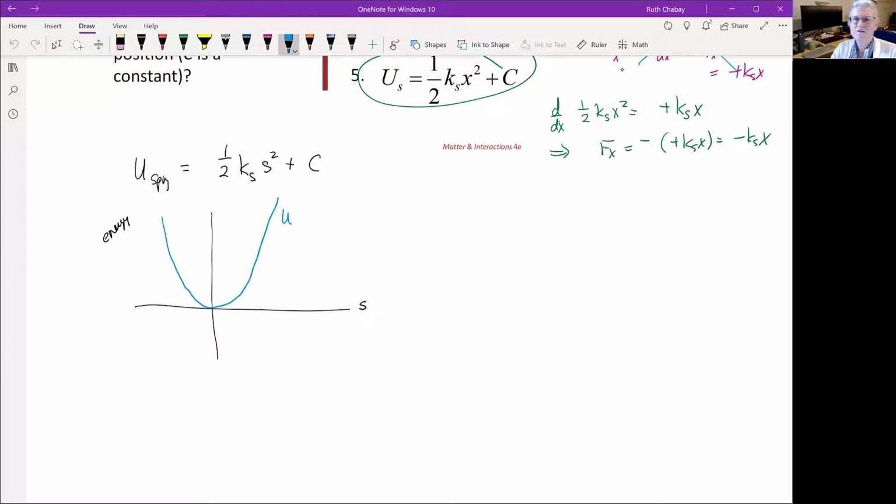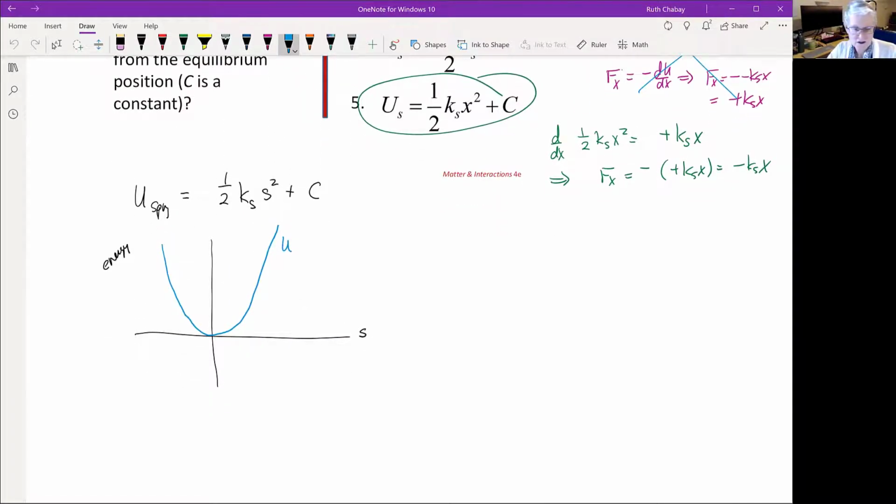Modulo the constant, it looks like it's positive, which would mean there couldn't possibly be any bound states here. Now we can adjust that to some extent by making this constant be negative. If we make the constant be less than 0, it would shift this curve down, but at some point it would still end up being positive. So the problem with it is U is always greater than 0, so no bound state,